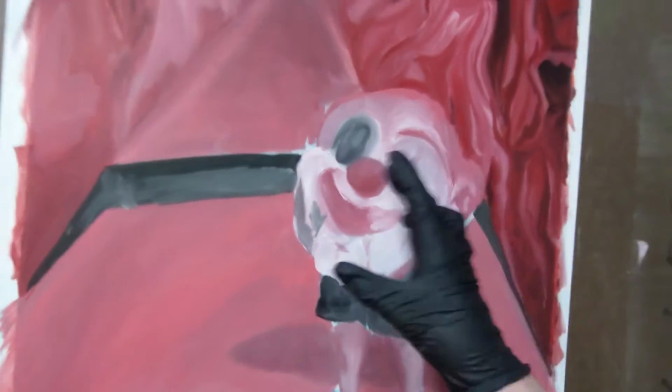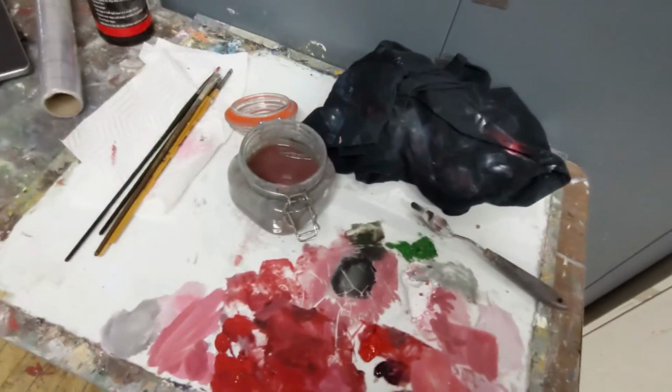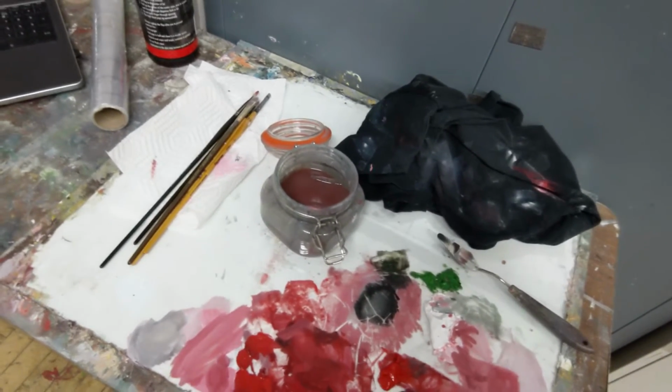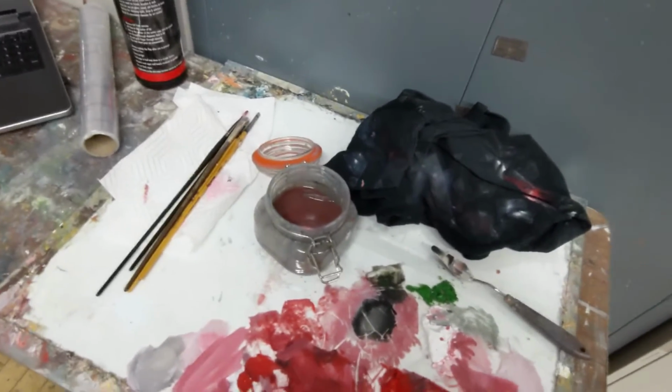Oh, sorry. This chunk right here. I'll bring in my camera or my phone stand next time so it's easier. So I've got some white. I've got some Van Dyke brown, but I think I need some more. I'm probably going to need to mix a little bit of yellow ochre in there to get that sort of